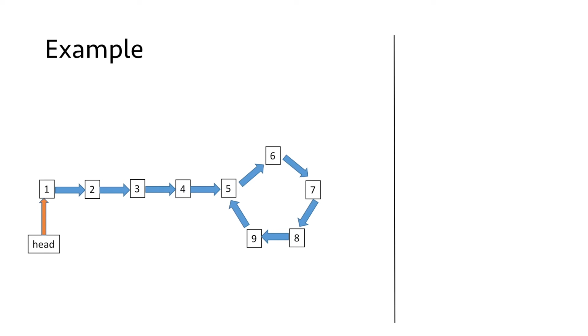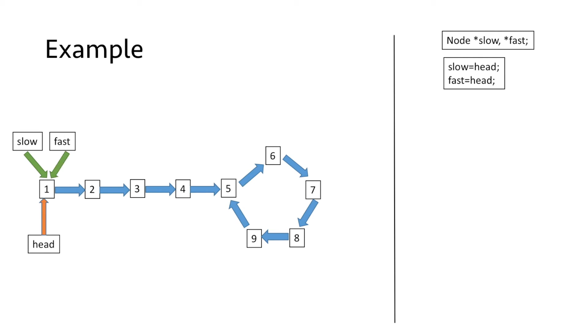Now let's take an example to understand how we will check if our linked list contains a loop or not. For this purpose, we take two pointers, slow and fast, and we equate them to head to point them to the first node in our linked list. Now we start traversing our linked list by moving our fast pointer by two nodes and moving our slow pointer